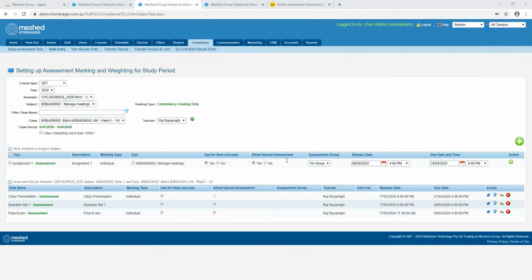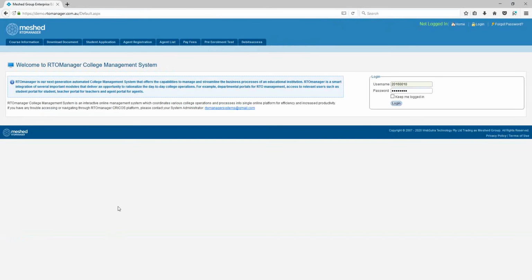So once we've set up the assessment tasks for timetabled classes, students that are enrolled in those timetabled classes will see those assessment tasks from the student portal, and depending on whether it's been enabled or not, will be able to upload an assessment submission. So let's have a look at the student portal. So here, if we log in to the student portal